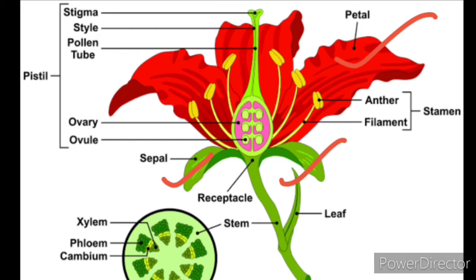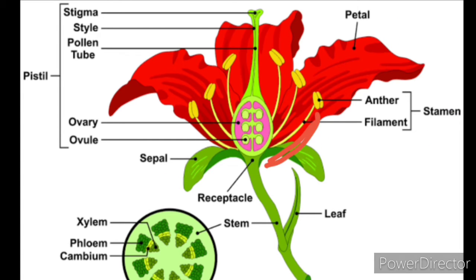The next one is the androecium. Now, androecium and gynoecium are the essential parts of the flower because they take part in the reproduction process. The androecium is the male part of the flower, and it consists of the stamens. Here you can see the stamen, isn't it? It is made up of the anther and the filament. Here each stamen consists of a filament-like structure. Here you can see a filament-like structure, isn't it?